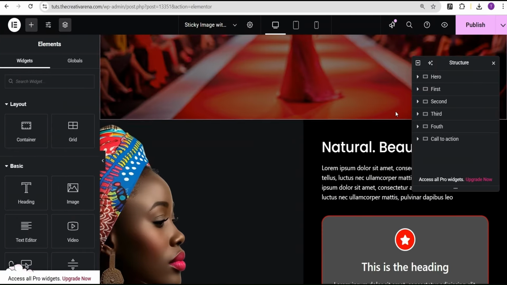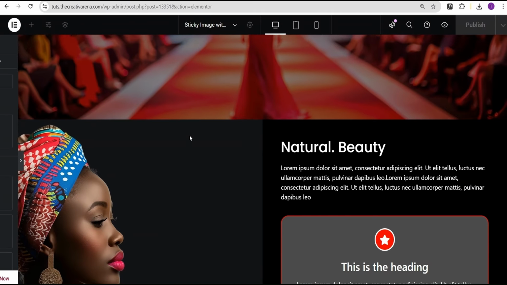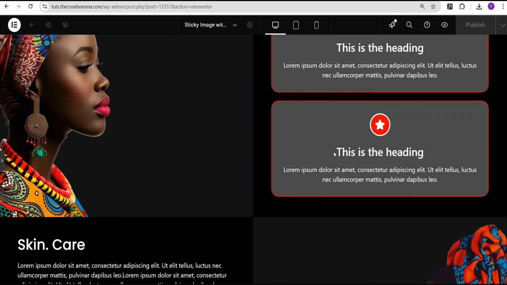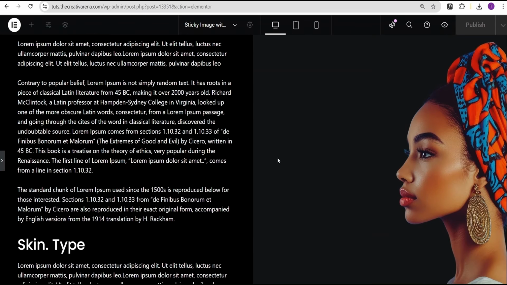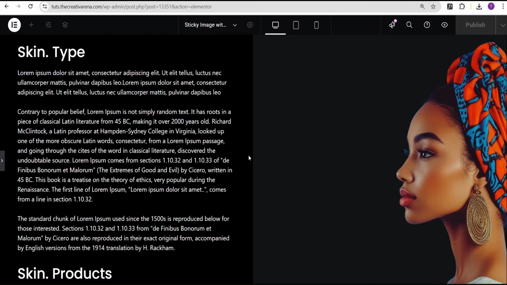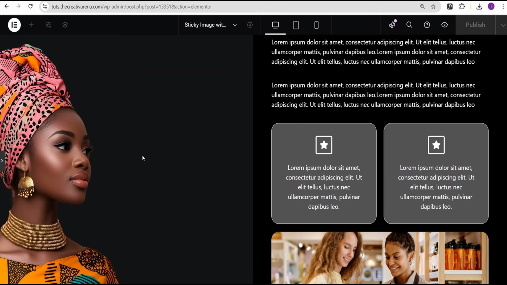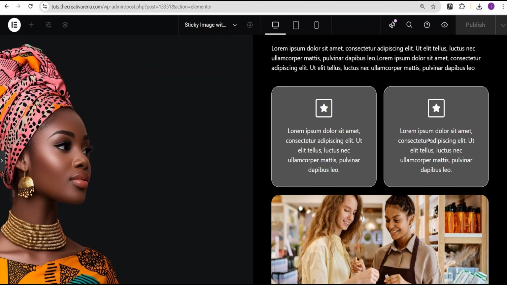Okay, all right, so I've taken the time out to add other containers. As you can see, we now have first, second, third, and fourth container. So now this is what happens when we scroll. When we get to this point here, we start having this scrolling effect with different widgets. We come over here, we now have this text scrolling effect, and then we'll have this with the sticky image here and the scrolling effect with different items and